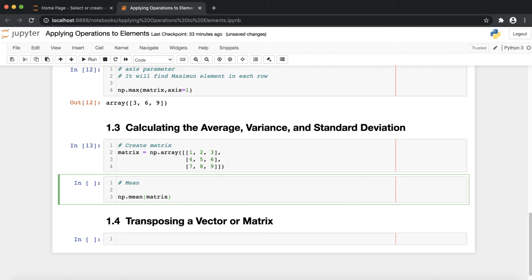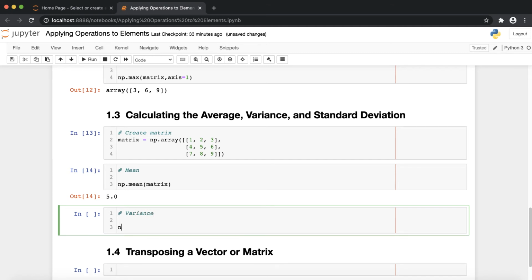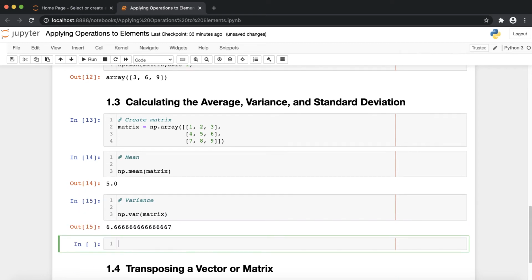And I just need to pass the matrix, right? So it will return me the mean. Similarly, if I want to calculate the variance, okay, then I just need to write np dot var function and the matrix, and if I execute, then it will calculate the variance for me, right?